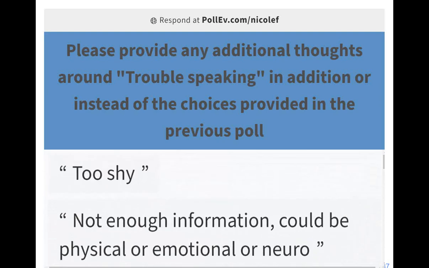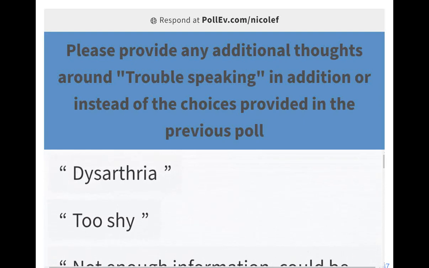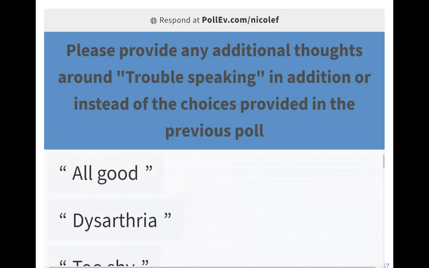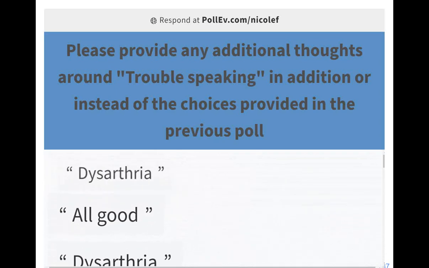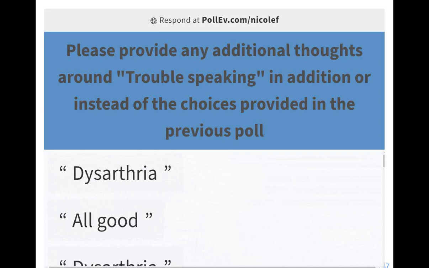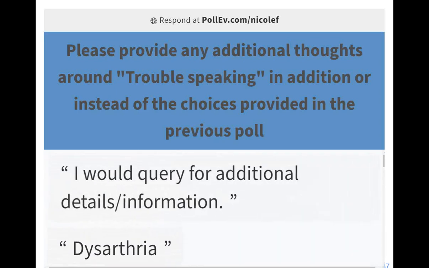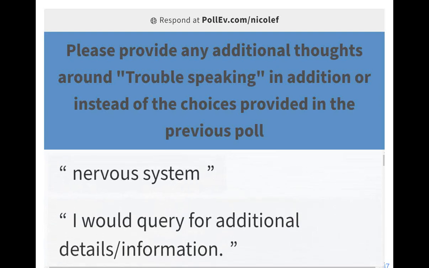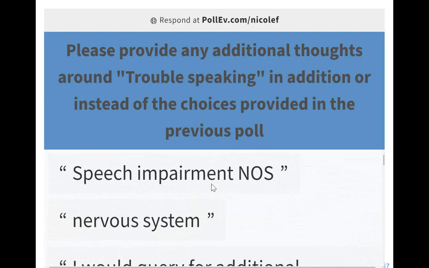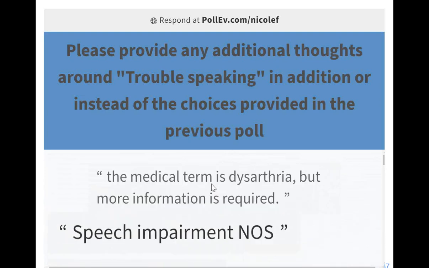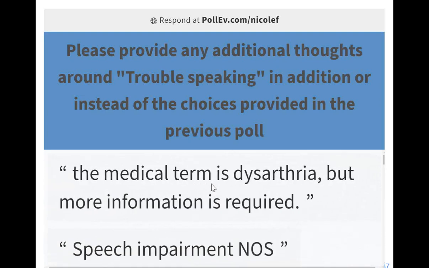Too shy? Absolutely. Oh, I didn't even think of that one, too shy. Absolutely. But yeah, I would think it's some type of speech disorder, but with all the other input that people have, it does make me say, well, no, it could be that. So all of these are possibilities with what's given. Yeah. Right, lots of different nervous system. I'm going to give a couple more seconds here because I really want to make sure everyone has a chance to provide their feedback.